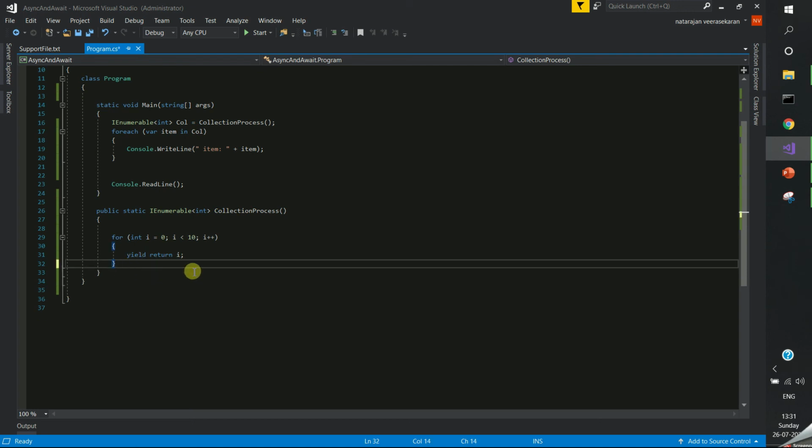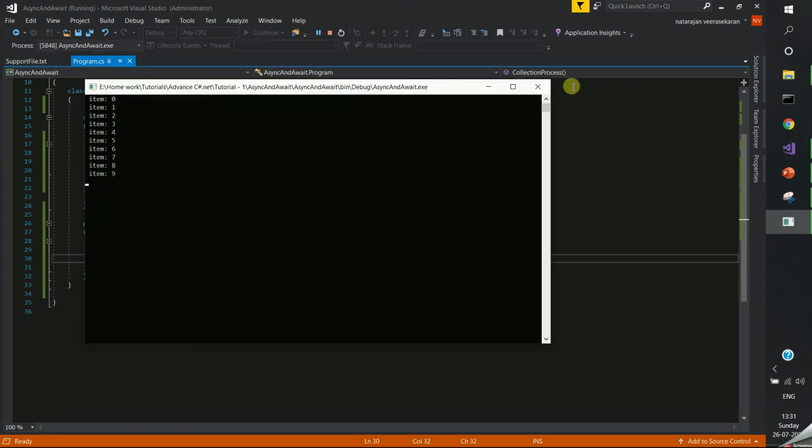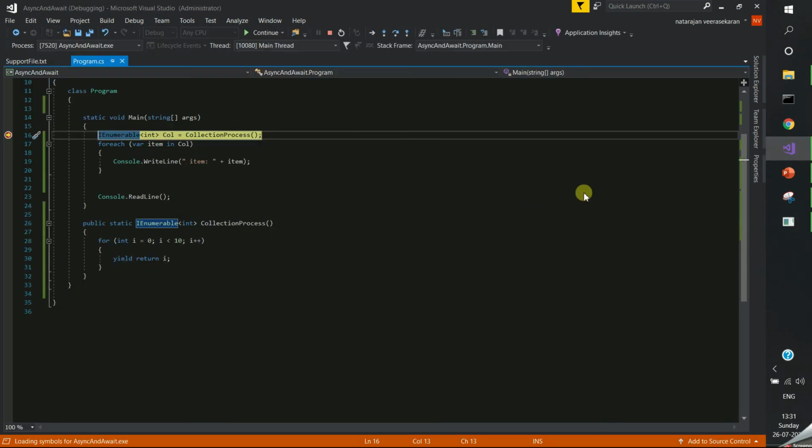Here I am returning an integer numeric variable, but I am using the yield keyword. Whenever we use yield, it will return the partial value, but the final output of this return is a collection of these values. Okay, let me run this. We are getting this value. How does it get executed? Let me debug and check that one.